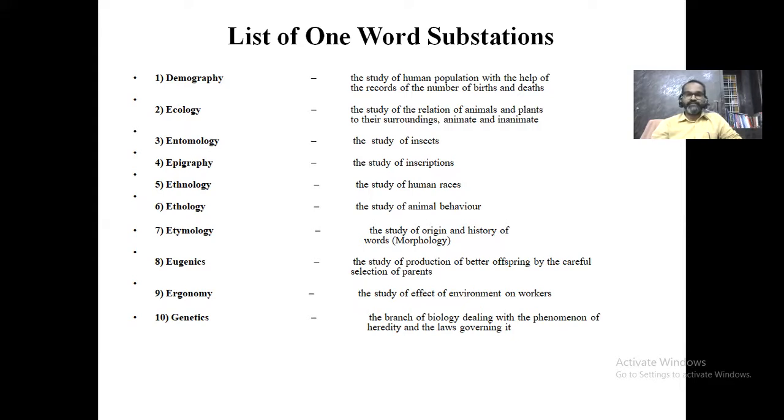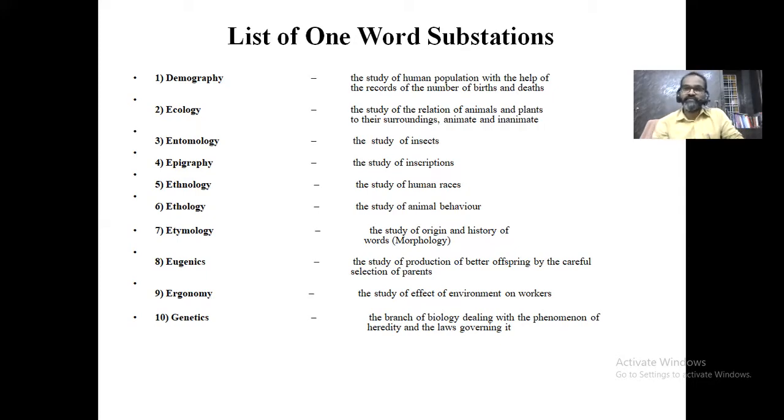That's called ethology. Etymology: of course, all of you know that it is the study of the origin and history of words. How a word is derived is called etymology. When a word is seen, you ask from which language it is derived, whether French, German or Sanskrit, because most Indian words, and even words of the world,